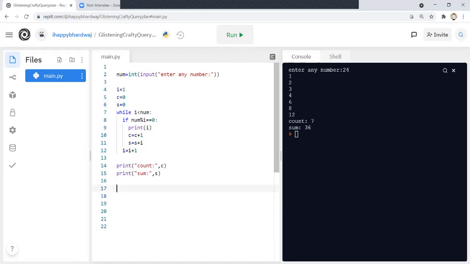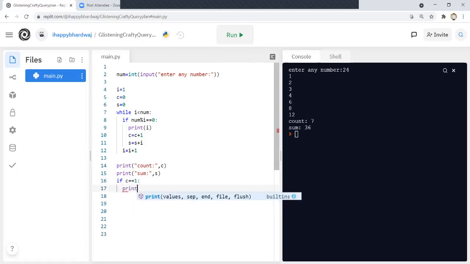Okay. Now what are prime numbers? Prime numbers are those numbers which are divisible by itself or by 1 only. Okay. So basically you can say those numbers whose count is 1. Okay, those are the prime numbers. So now what I can do, I can add an if condition here, that if c is equal to 1, then I can print here that it's a prime number.